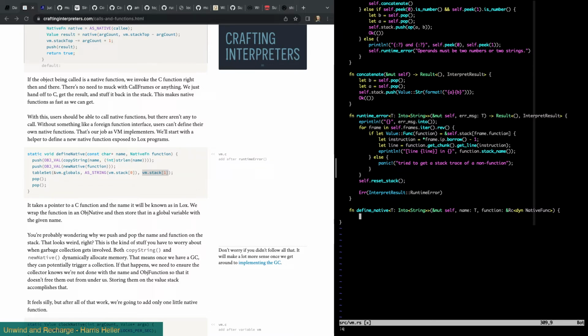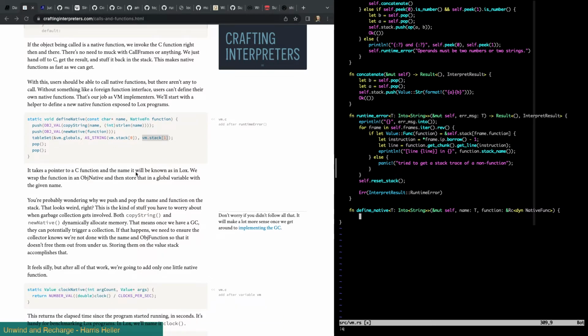It doesn't return anything. Why are we pushing it onto the stack? Let's read. It takes a pointer to a C function and the name it will be known as in Lox. We wrap the function in obj native. Right, that's just making it a value, and then store it in a global variable with the given name.